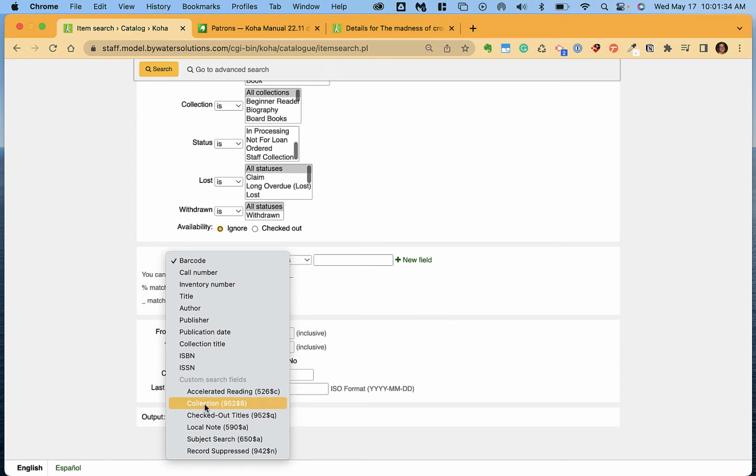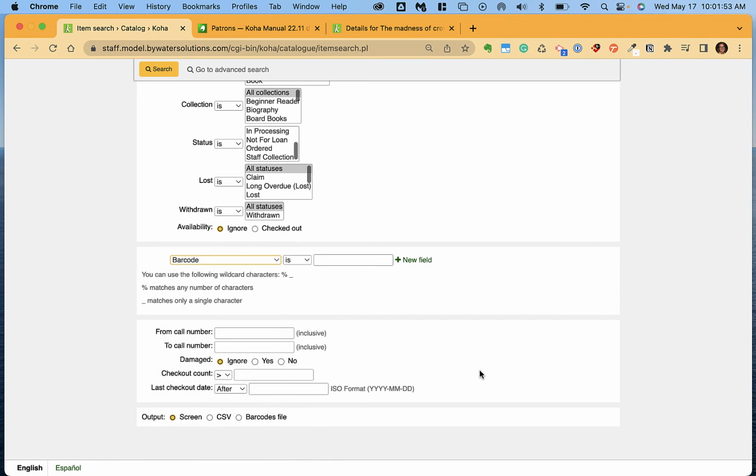And then libraries, you see these custom search fields. Libraries can create their own search fields. So you can see I'm looking for my accelerated reader value in the 526C, or I'm looking for a specific subject search, or hey, I'm looking for everything that's suppressed in the OPAC. I also can do a call number range